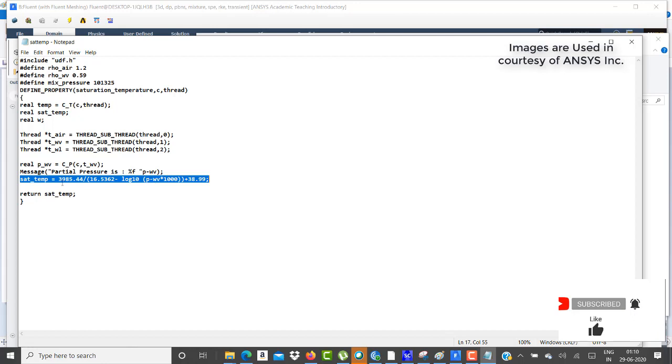When the temperature present in the cell equals the sat_temp which is calculated using this p_WV, then only the vapor starts condensing, otherwise the vapor will not condense. This is a very important thing which we need to imbibe in our Fluent tool, in order to have the saturation temperature variability with respect to the vapor pressure.